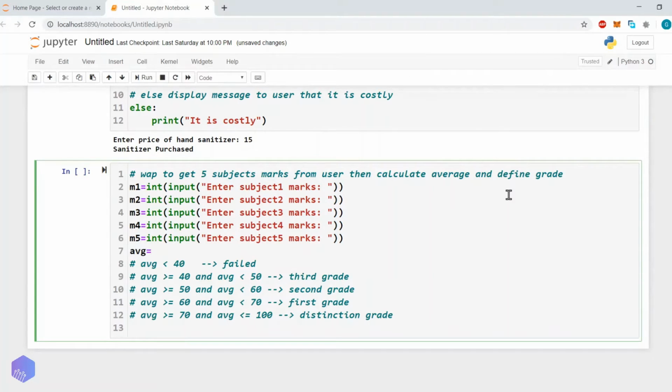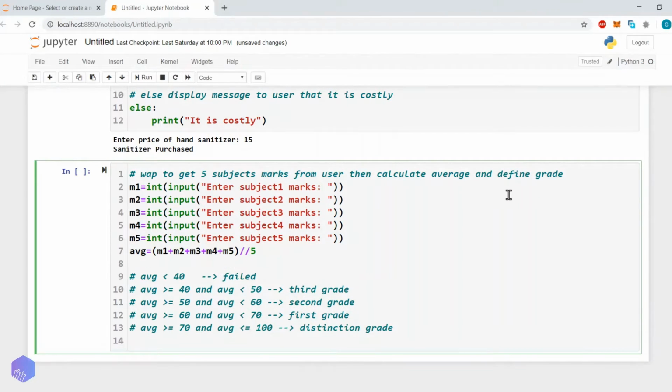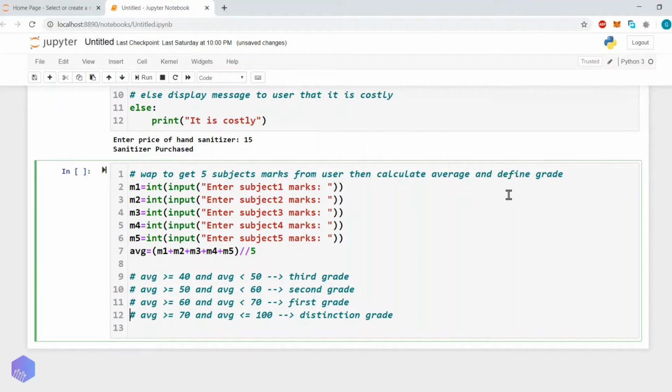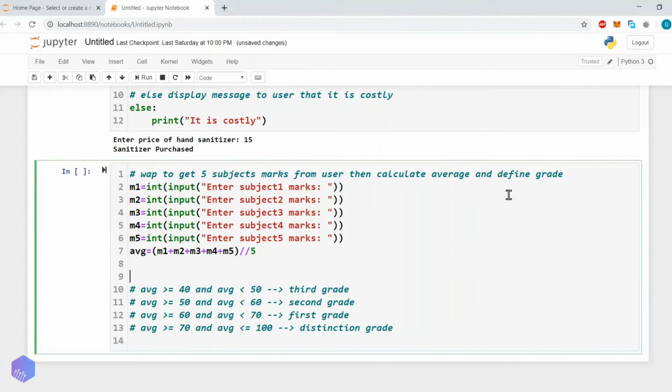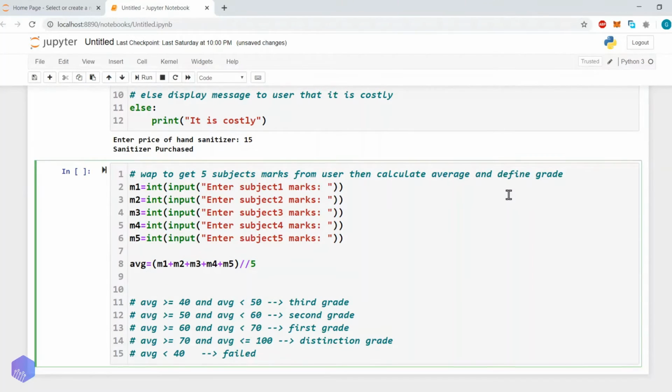So average equals to M1 plus M2 plus M3 plus M4 plus M5, double division means floor division 5. So this is how we find out the average.